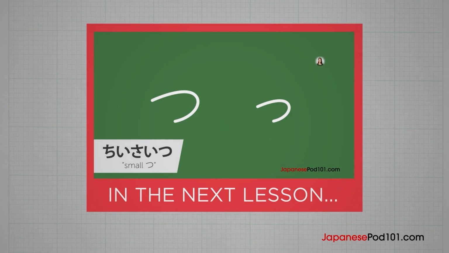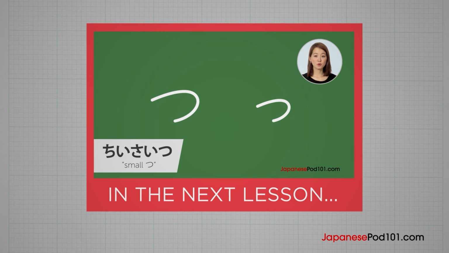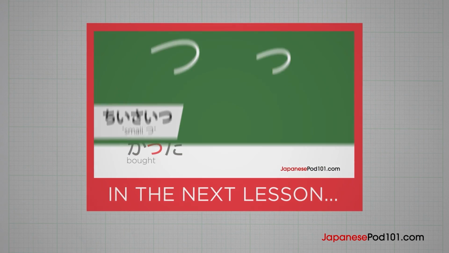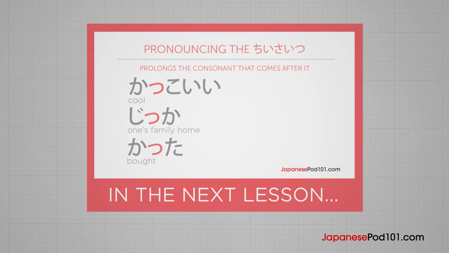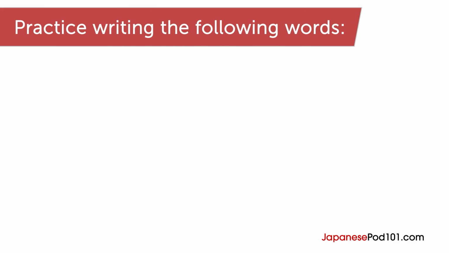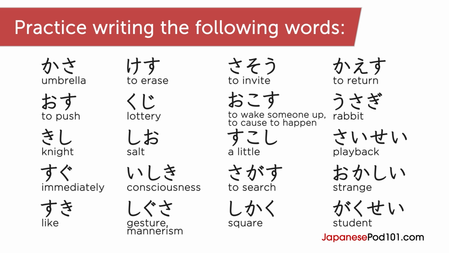Did you know that Japanese has a word for the day after tomorrow? You'll get to know it in the next lesson when we tackle the T column. Before you go, practice writing the following words on your own. Kasa,